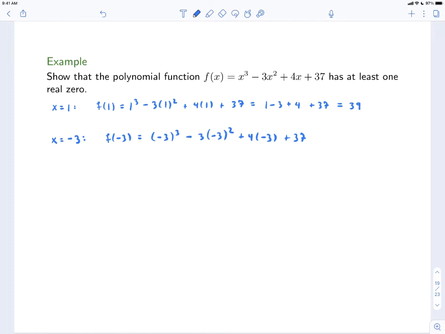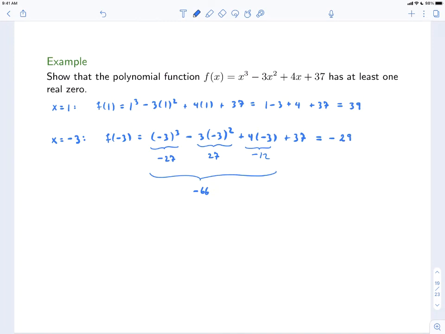I chose negative 3 because this becomes negative 3 cubed, which is negative 27, and then this becomes positive 3 squared, which is 9, and there is a minus 3 in front, so it is minus 27. And then this one is minus 12. So now we can add all of these things together, and we get negative 66. And then if you add 37 to that, you get a negative number, which I believe is negative